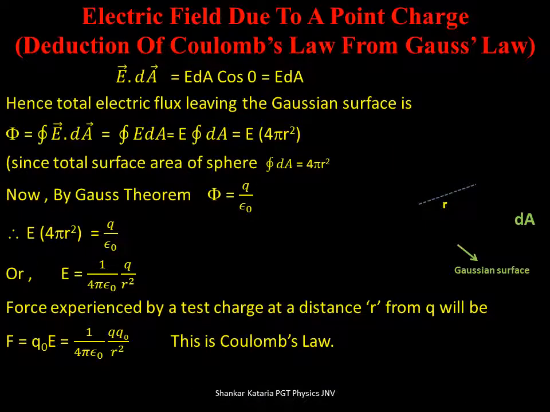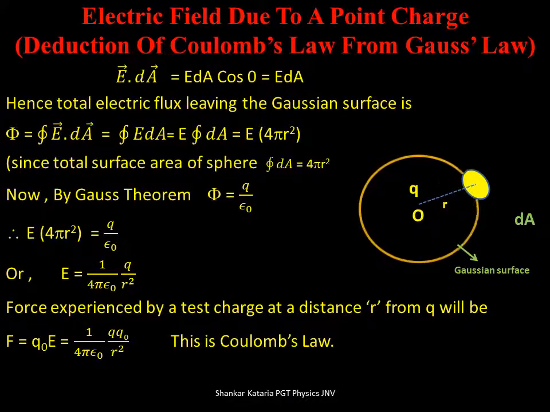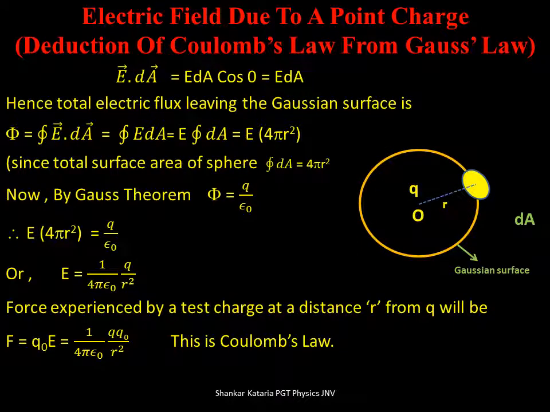Now, as we calculated the electric field due to a point charge using Coulomb's law, the same can be done using Gauss law, and this would also be termed as deduction of Coulomb's law from Gauss law. Let us consider a charge Q placed at any point O, and we need to determine the electric field at a distance r from this charge. From this point of observation, we draw a Gaussian surface such that the area vector and the electric field are parallel